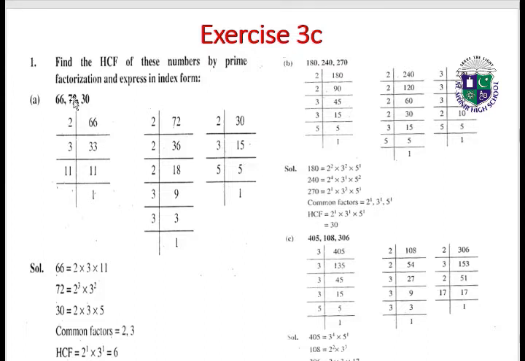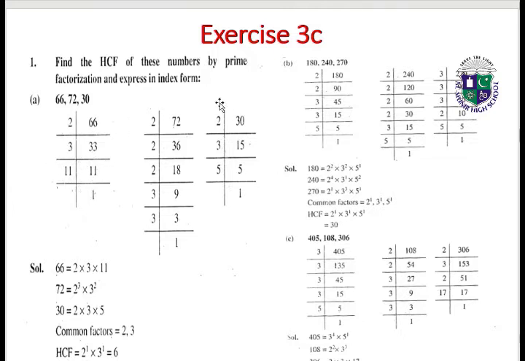Exercise 3C. Find the HCF of the numbers by prime factorization and express in index form. 66, 72 and 30. 2 3s are 6, 2 3s are 6, 3 1s are 3, 3 1s are 3,